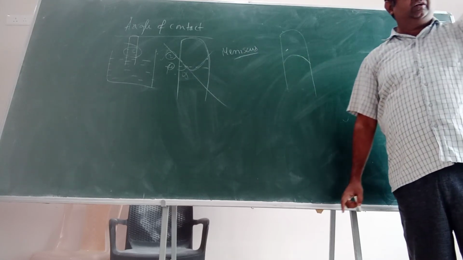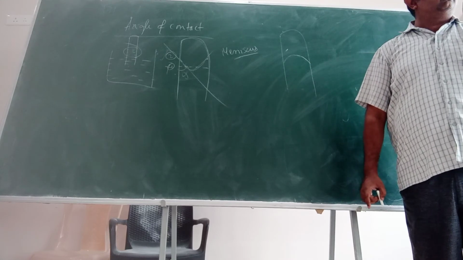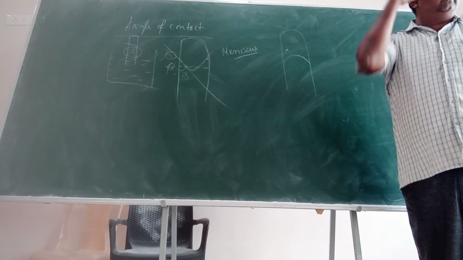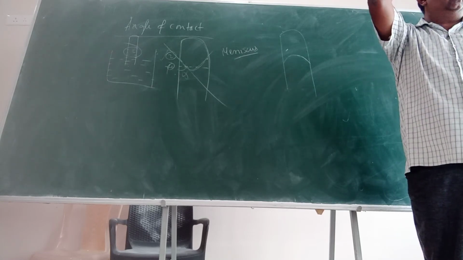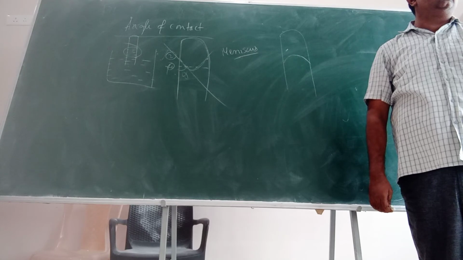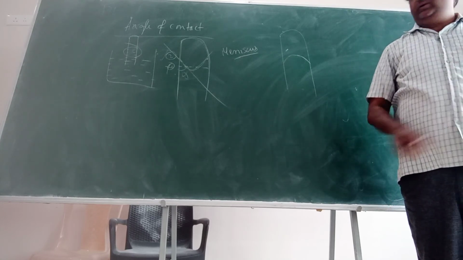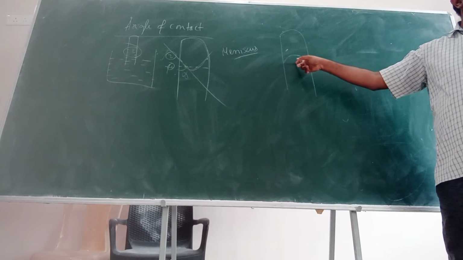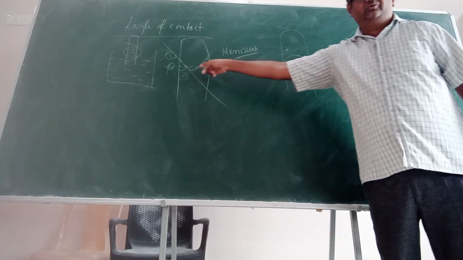You know, the human eye has a limit. Up till 25 centimeter we can see. If you come a little closer, your head will get disturbed. You get a lot of strain. So you should keep it at a distance of 25 centimeters, and you will be able to see. If you see this mercury, it will be like this. Observe. So it is quite opposite to this.